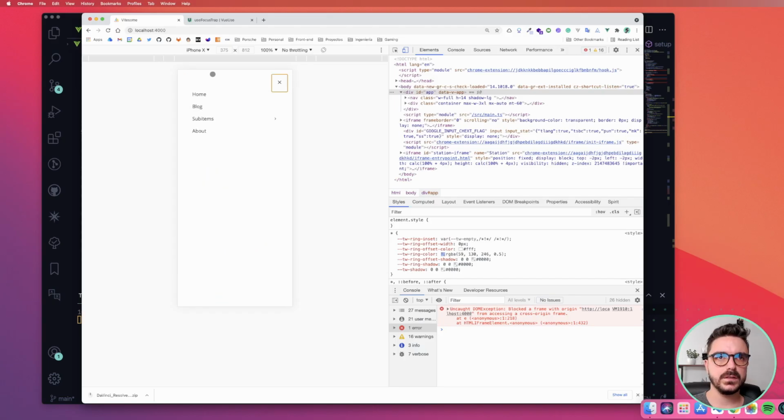We enter, it's focusing on the close, that's fine. We enter here, it's auto-focusing the back button. And then when we tab through it, it remains in the same dropdown while tabbing through. So if we go back, it will have focus trap here. Let's go inside, and it's working just as expected.